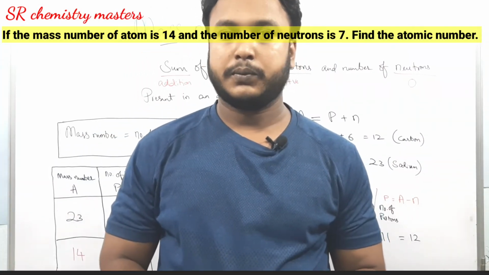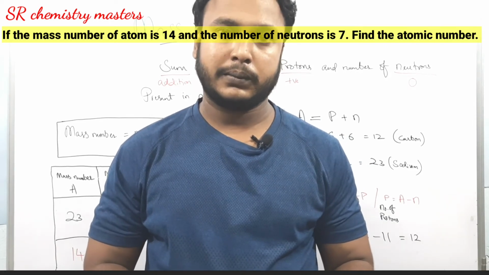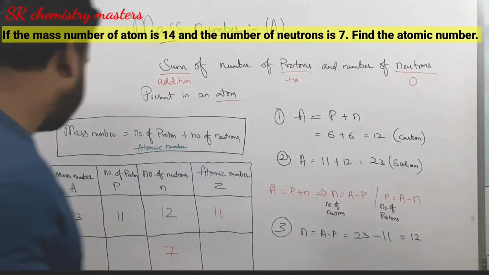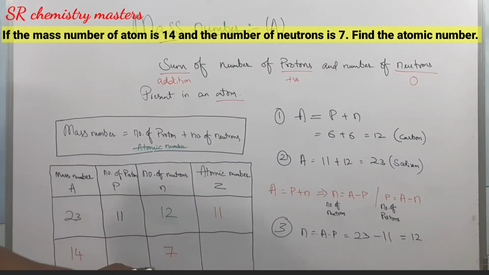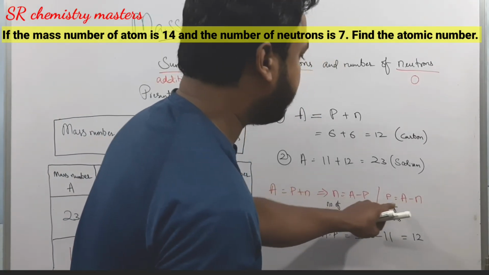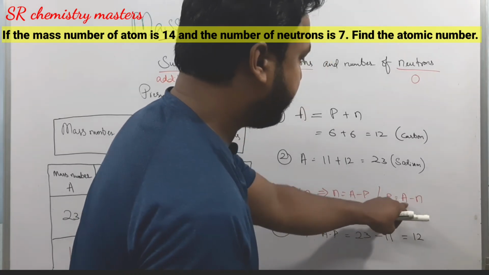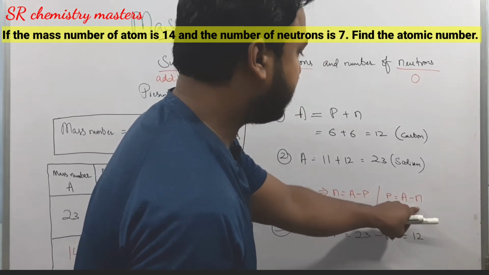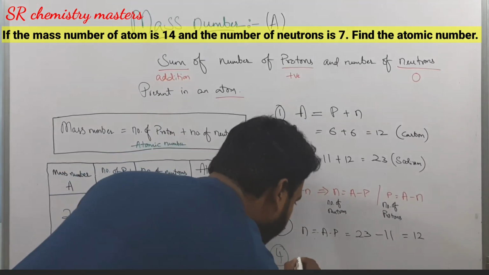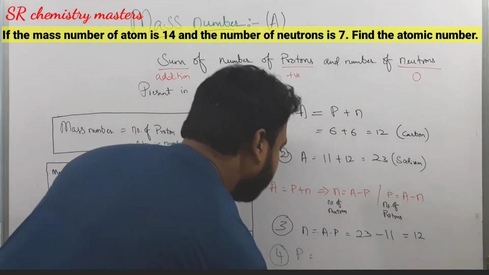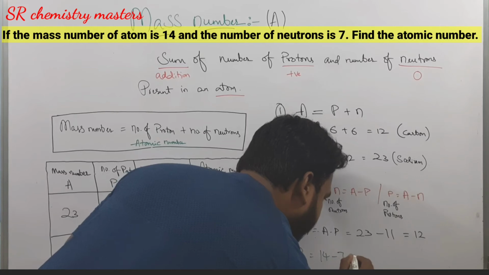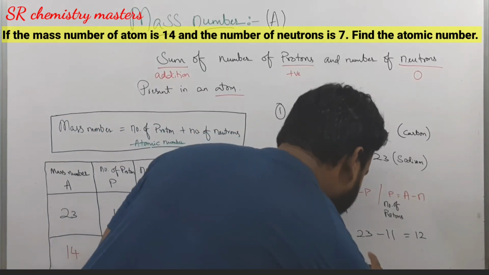Now let us see the last type of problem in which we are going to calculate the atomic number based on the mass number and the number of neutrons. In the question, he has given you the mass number as 14 and number of neutrons as 7. We are going to take the formula P is equal to A minus N. You know P is nothing but the number of protons, A is nothing but the mass number, and N is nothing but the number of neutrons. In this case, A is 14 and N is 7. So you are going to get a resultant as